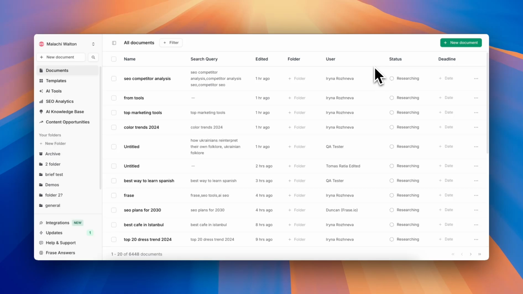Today, we're going to be going over the reference documents feature within our AI Knowledge Hub. You can use reference documents to upload brand guidelines, internal research, product specifications, and more. When using Frase's AI writing, it will reference these documents when generating content so your outputs are aligned with your